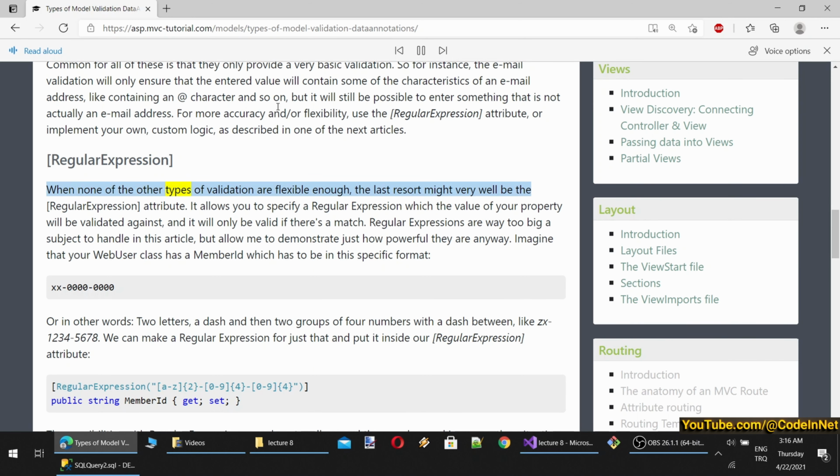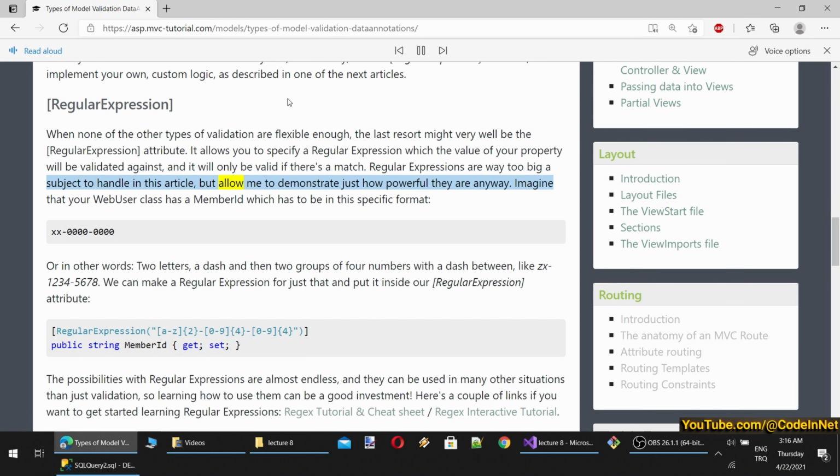When none of the other types of validation are flexible enough, the last resort might very well be the regular expression attribute. It allows you to specify a regular expression which the value of your property will be validated against, and it will only be valid if there's a match. Regular expressions are way too big a subject to handle in this article, but allow me to demonstrate just how powerful they are anyway.